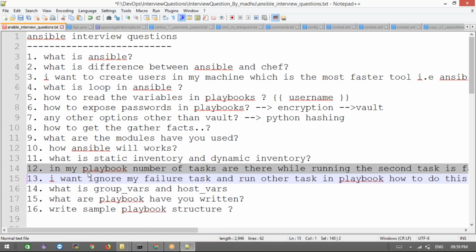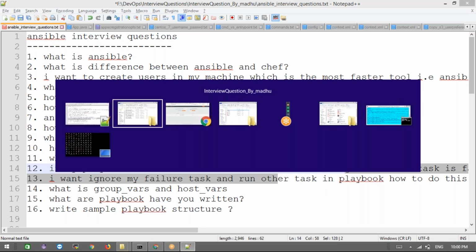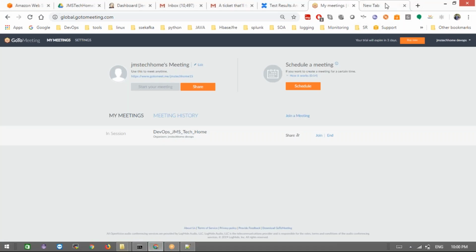Okay, but if you feel that it is a mandatory task you want to execute before going to the next step, you must stop right there. Even if you execute, there is no output we won't get it, because that is a mandatory step to execute before the remaining tasks should run. Like ignore_errors: true. I want to ignore my failed task and run another task. The same, like ignore_errors equal to, we are going to use that.